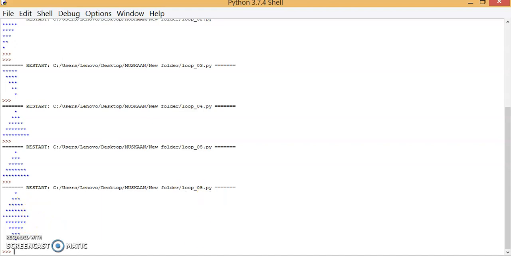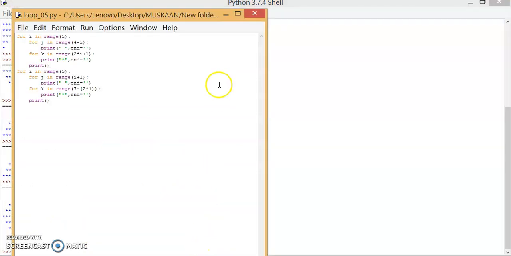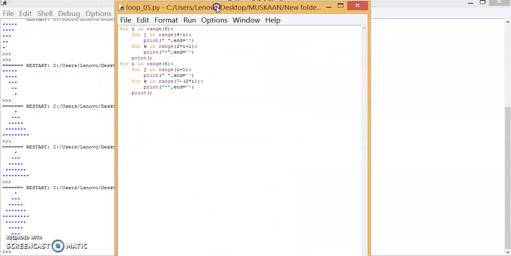So now let's begin what I was telling you about. for i in range 5. I hope this portion is clear to you all, about how we made the upward side. Right. So now let's study the downward side of the mountain.